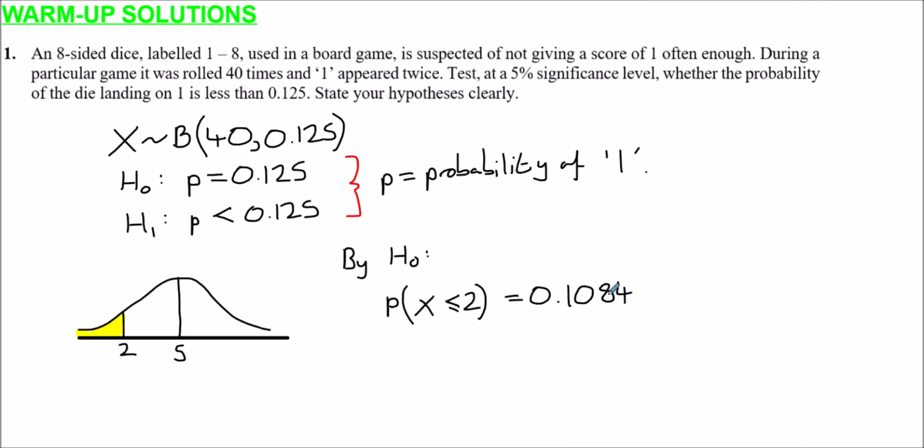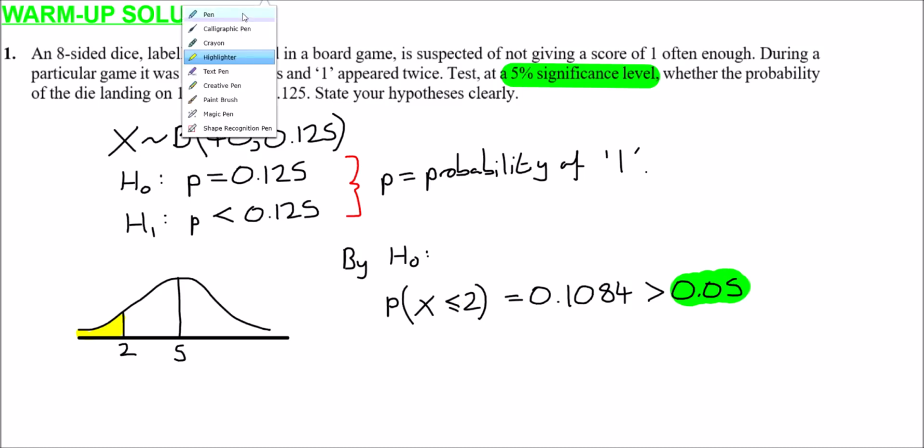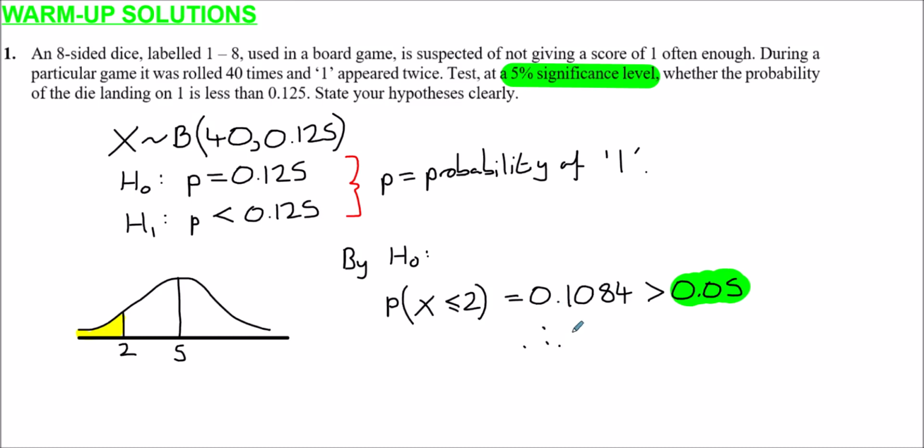That's about an 11% chance. So that's greater than the significance level we're testing against. So that's greater than 5%, which is 0.05. So in other words, the significance level here is smaller than what we've observed. So although getting a 2, 1 or 0 is fairly rare, 11% isn't as freakishly rare as 5%, so therefore we'd actually accept H0. This isn't critical, so therefore accept H0,